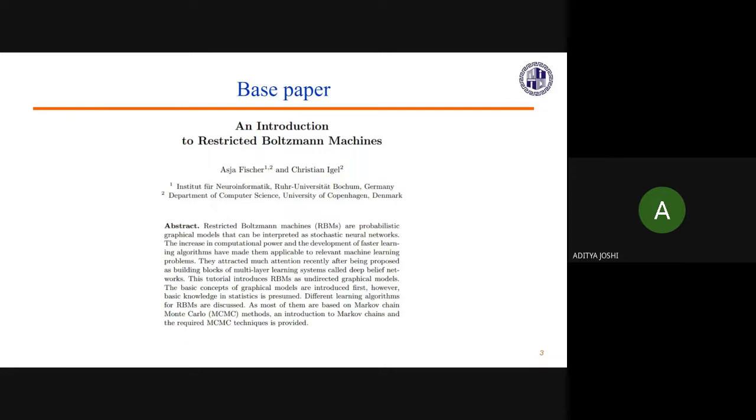And it also explains some mathematical formulas which are behind the learning algorithm, which is contrastive divergence, which will be discussed by us later on in the upcoming slides. And other than that, there were also other learning algorithms discussed, but we will only restrict ourselves to contrastive divergence because it's the most widely used one. So now Abhinav is going to talk about the basics of Boltzmann machine before we jump into restricted Boltzmann machines.